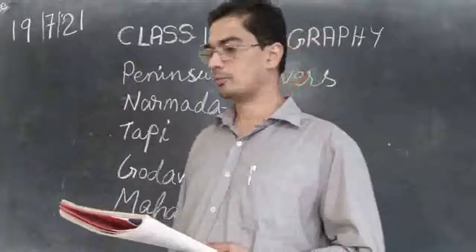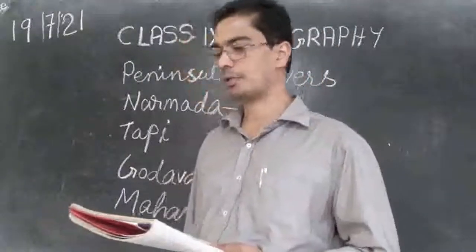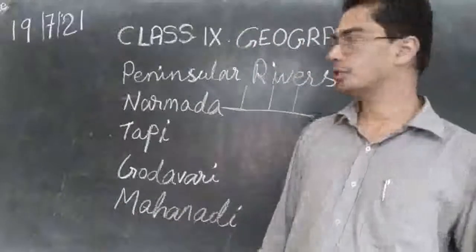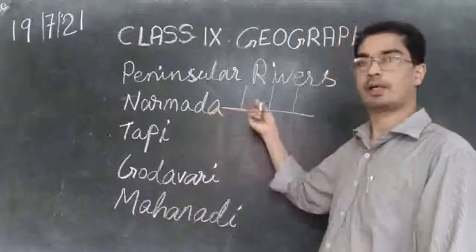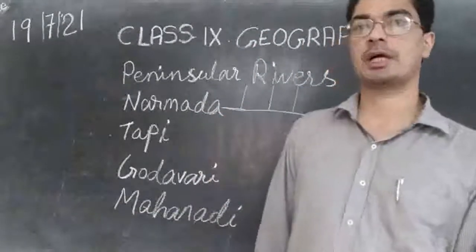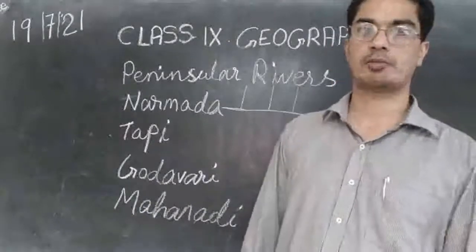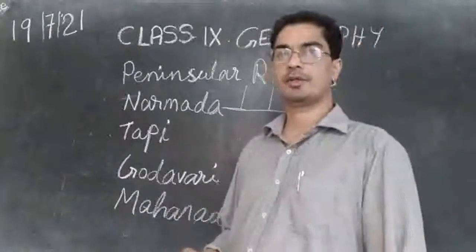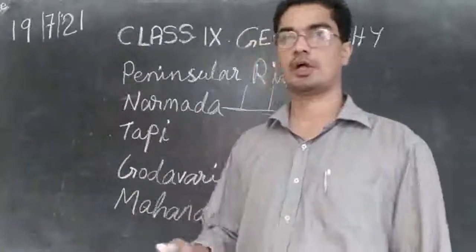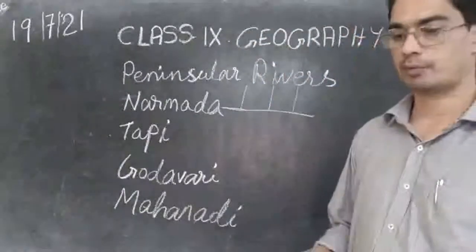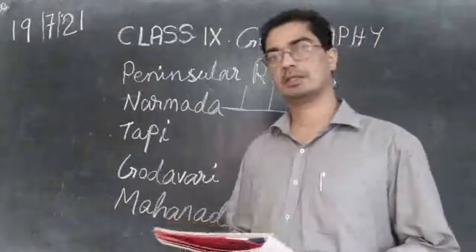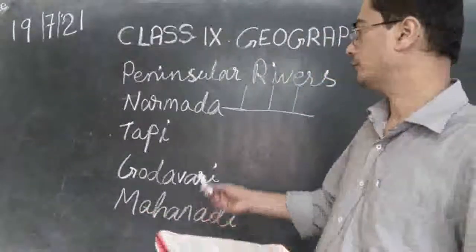And we said the Narmada basin covers parts of Madhya Pradesh and Gujarat. So this river Narmada is flowing mainly through Gujarat and Madhya Pradesh. They are the ones benefiting from this Narmada river and from the basin or the delta created by the Narmada river. Now let us see the second peninsular river, that is